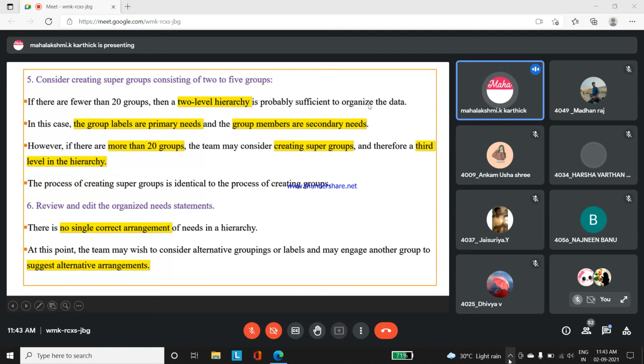So organize the data in that case. The group labels are primary needs, the group members are secondary needs. However, I think you're able to understand because all the groups are being labeled. So we are going to refer to the group by the label. That's why they have mentioned here that the label is acting as a primary need and the group members are acting as